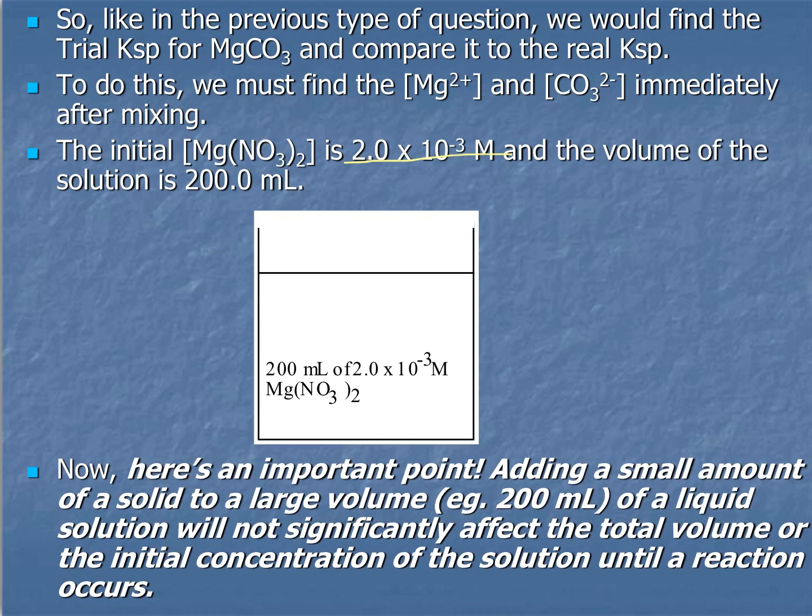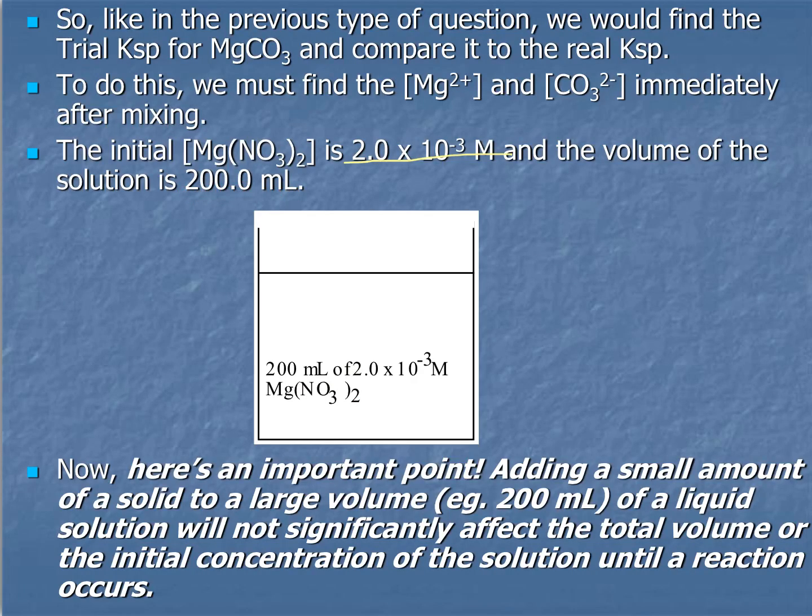Now, why do we not have to change for dilution? Because here's an important point. Adding a small amount of solid to a large volume will not significantly affect the total volume or the initial concentration of the solution until a reaction occurs. If a reaction occurs and pulls out some of the solution, it may eventually change the molarity. But by adding just a small amount of solid to a beaker, we're not changing the volume enough to really merit changing our molarity. So we get to keep this original molarity of magnesium nitrate,